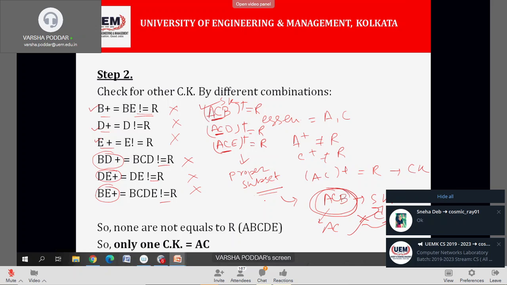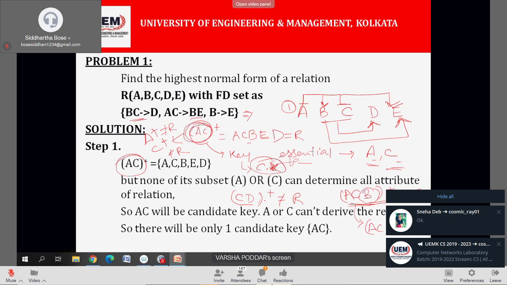Yes, ma'am. Okay. So now we will proceed towards the checking of normal forms. What I have told you: if only a relation and its FD set is given, I will consider that it is already in 1NF. Okay. Now we will proceed towards the 2NF. What is the method of checking 2NF? Prime to non-prime. If there is any prime to non-prime determination, we will say that the table is not in 2NF.